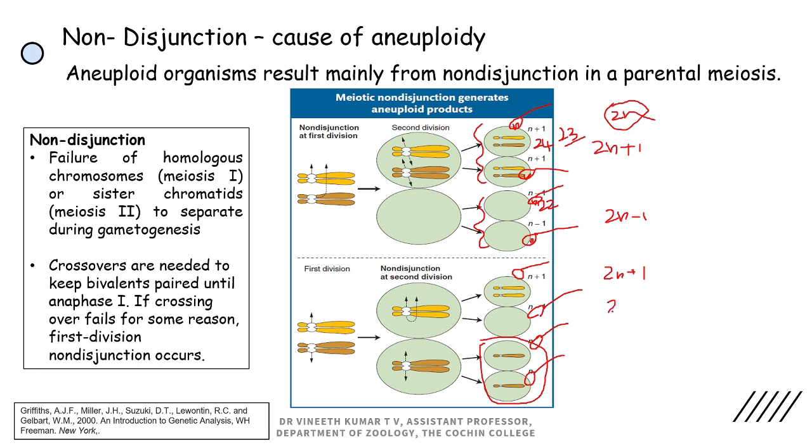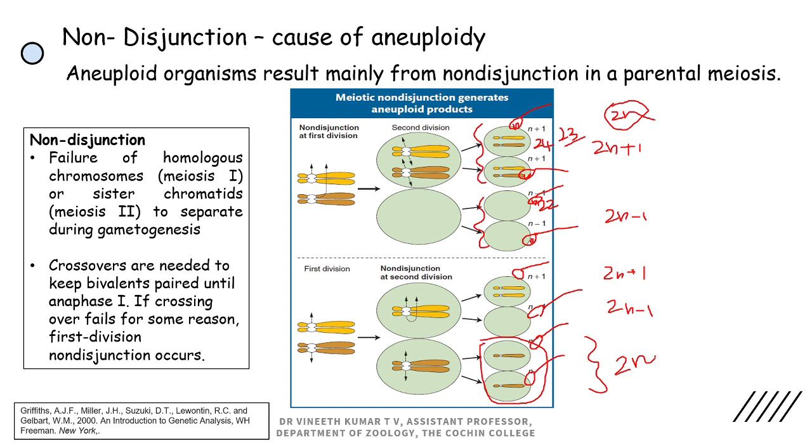This is 2n minus 1, monosomy, and these two are normal, or will generate normal zygotes, which is 2n. So this is the condition, that is, if non-disjunction is happening during M2, or meiosis 2,